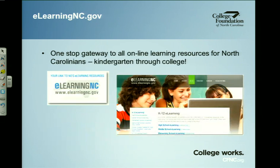We do have a tool that's called elearningnc.gov on our website. Keep in mind, we also provide information that none of the partners have any role in playing. NC Learning or learningnc.gov is a program that's implemented by the state of North Carolina, of course, through the government. And we have put a link on our website because we want the students and parents to be aware